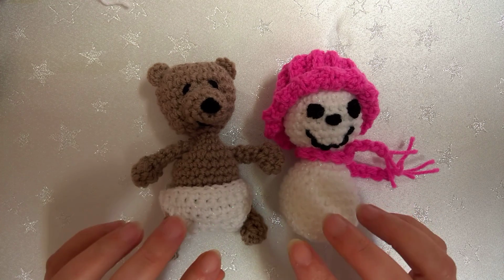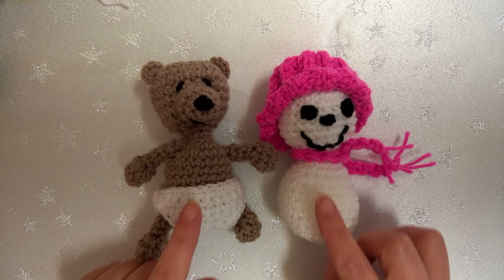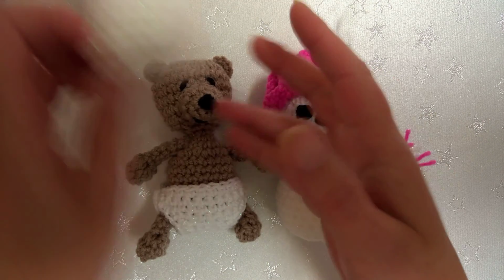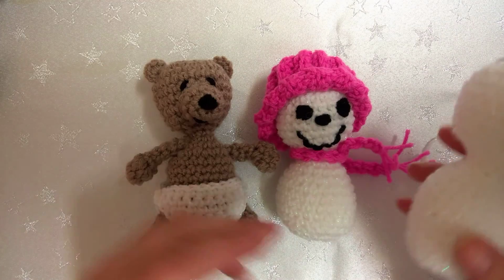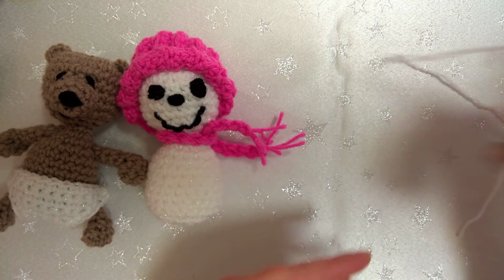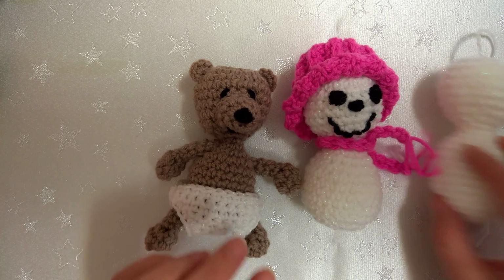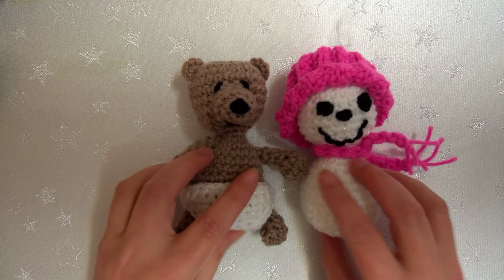I'm actually going to be making a set of videos today. So the first part of the video is we're going to share how to make the body. Now the body, excuse me, that's something for another video. The body is just this shape, okay? But from this shape we can make our snowman and we can make our bear. So that's what we're actually going to do, and I'm just going to also share